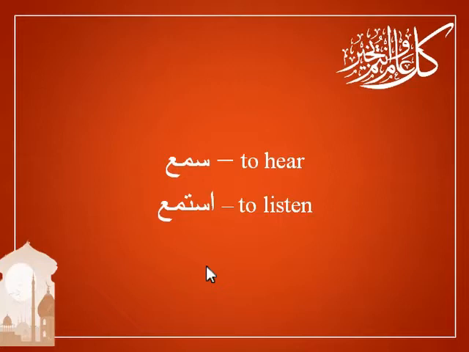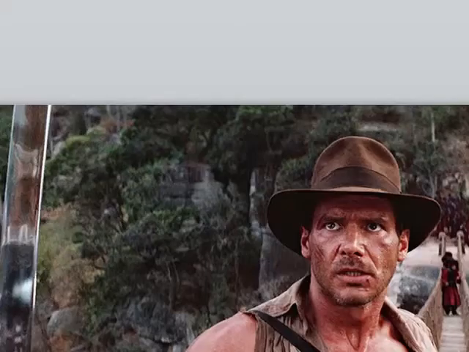Okay, so it's pretty straightforward. As I say, these words are not that common. The main thing is be aware of this ta, and then also always remember that there is a sukoon here. It's not going to be written. You know this is istama'a, not istama'a, or something else. Okay, so that is the basics for measure 8. That's what you need to know. But before we go on,